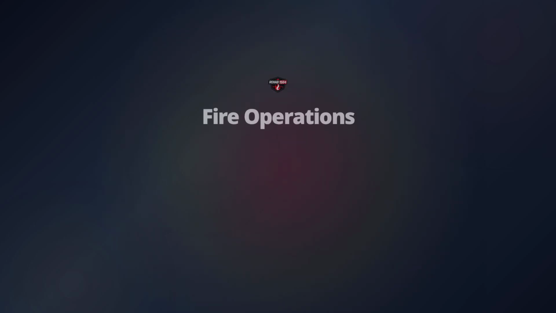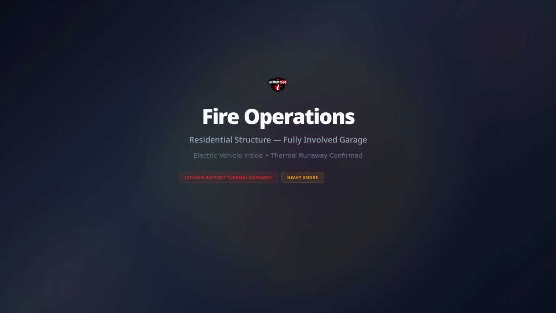Structure fire, residential. The garage is fully involved, and there's an electric vehicle inside. Lithium battery thermal runaway is confirmed. Heavy smoke. This is the scenario. Let's walk through the entire Rehab 1584 fire operations workflow from setup to release for a single firefighter with normal